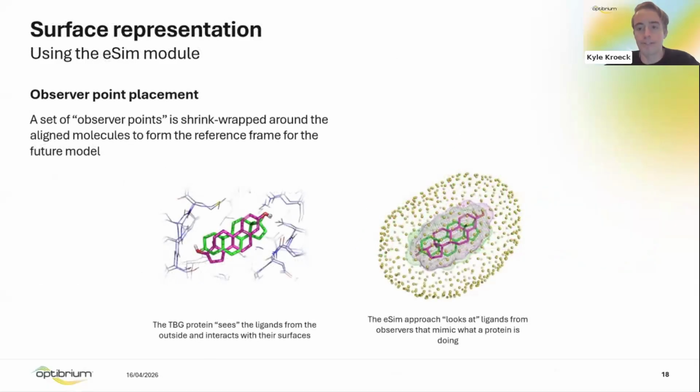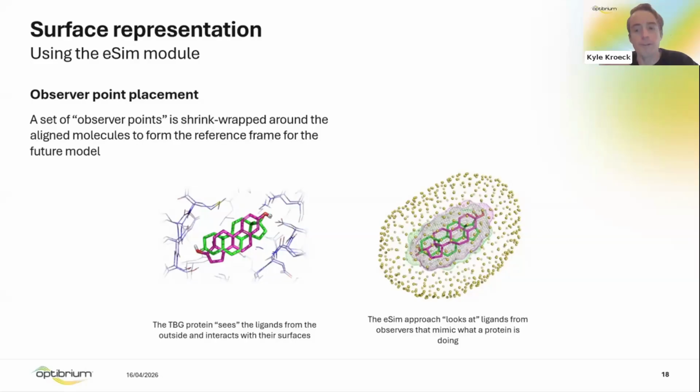So once the ligands are aligned in a shared 3D space, the next challenge is creating a consistent way for the machine learning algorithm to observe that space. We achieve this by placing observer points surrounding the region occupied by the training ensemble. These points are not placed randomly. They are systematically generated by shrink wrapping a discrete grid around the volume defined by the active molecules. This process effectively tessellates the potential binding site, creating a high-resolution map of the specific 3D region where the protein-ligand